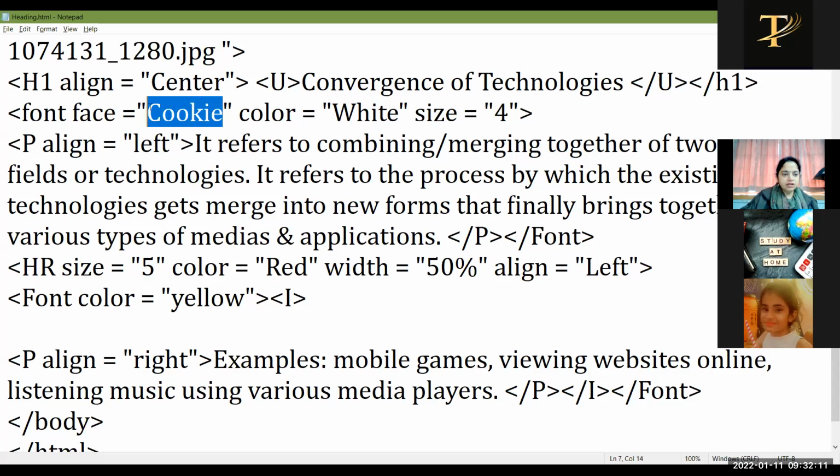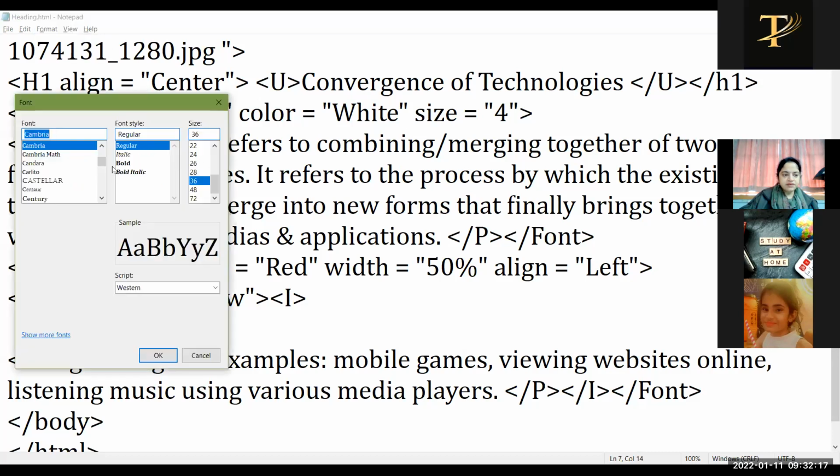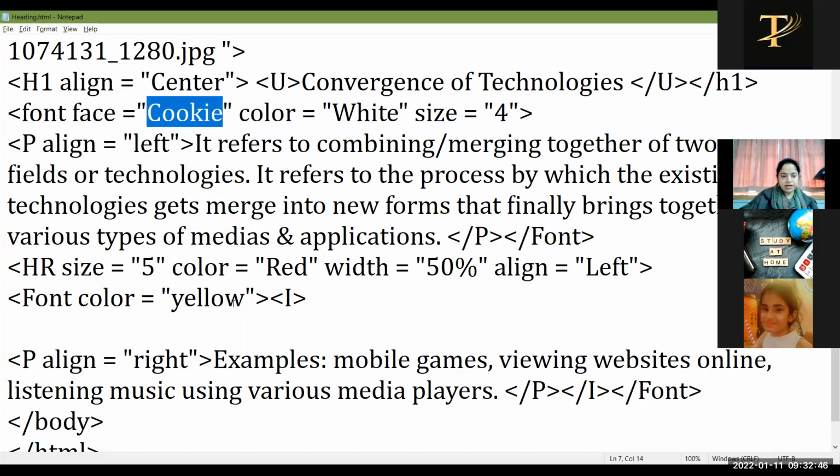Cookie is the name of the font that is installed on my computer. Suppose this is format, font. You can see the various font list available to you. Whatever font you want to use, choose that font. Check its spelling. Suppose Rage, Rake font is there. Rosewood is there. Rousseau one is there. Roman is there. Many fonts are there. Suppose Column is there. Whatever font you need from here, you can use that font. Suppose I'm using Column font. Here I'm having the Column font. I saw the spelling, then we can write it as face equals to name of the font.